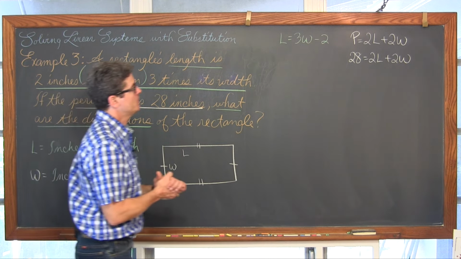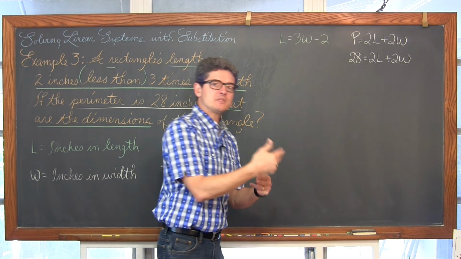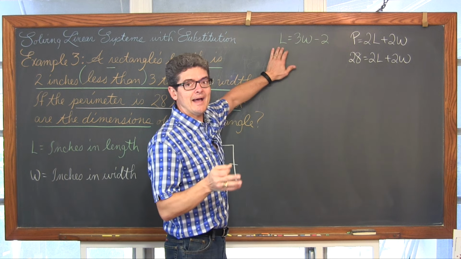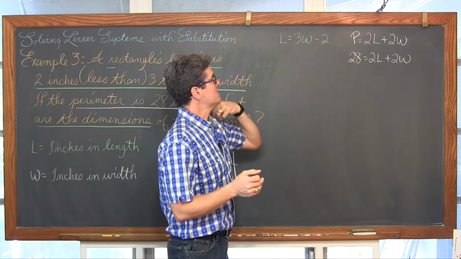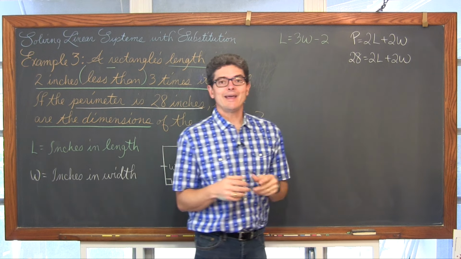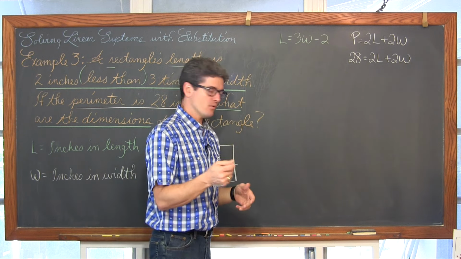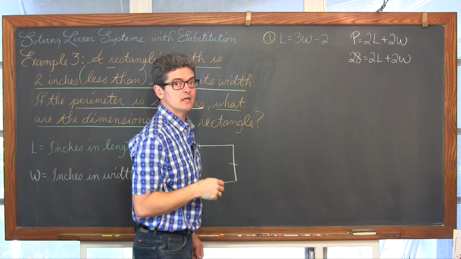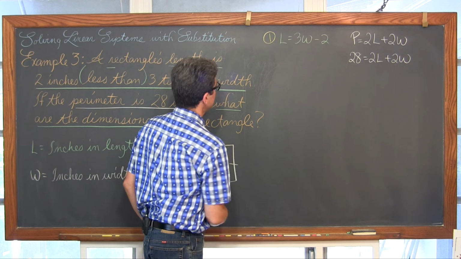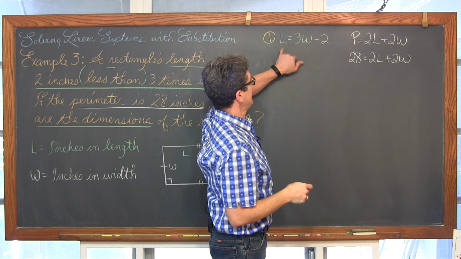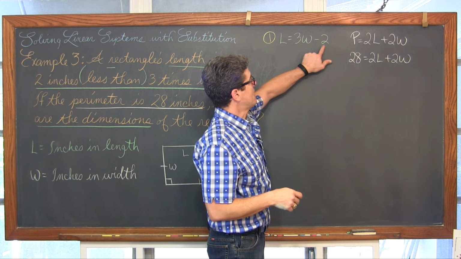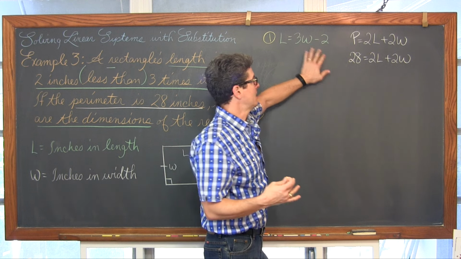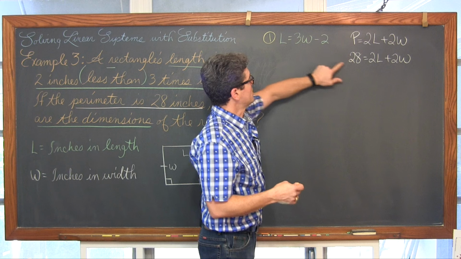And now we're stepping up in difficulty. Now we had a word problem, but our first three examples all had that first step taken care of, which was take one of the two equations and solve it for a variable. Well, so that means that step one is already done. Now for step two, we're going to say, well, L is equal to 3W minus 2. So we're starting with the equation that is relating the length and width together. I guess you could argue they both are, but one's for the perimeter.